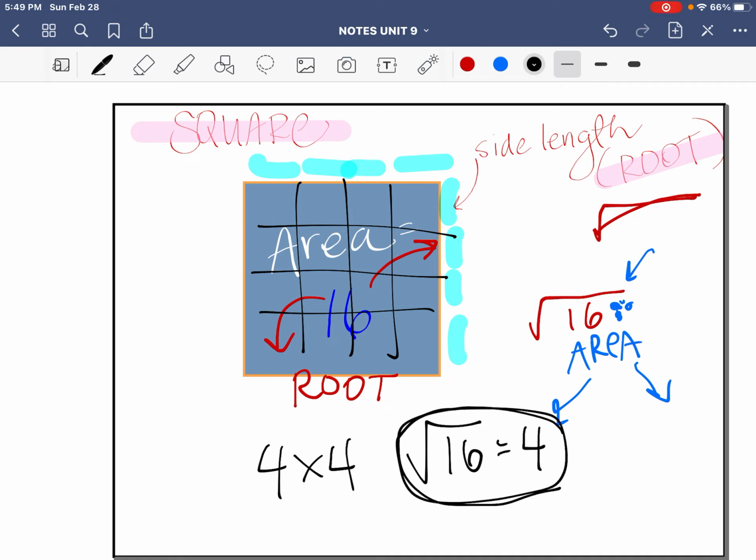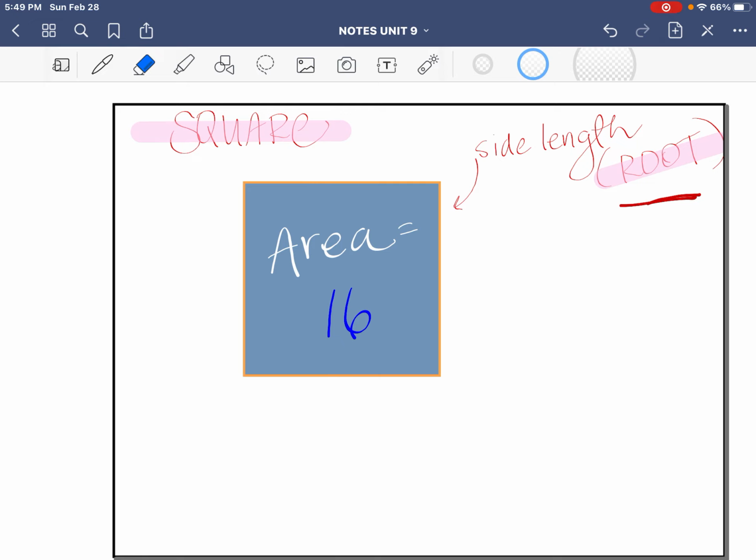Now, how do we do this without all of the square root things? What does this look like when we're talking about it mathematically? If we need the square root of 16, first we're going to need all of the factors of 16. We can use our sheet from the chapter 8 notes that has all of our factors listed, or you can break it down